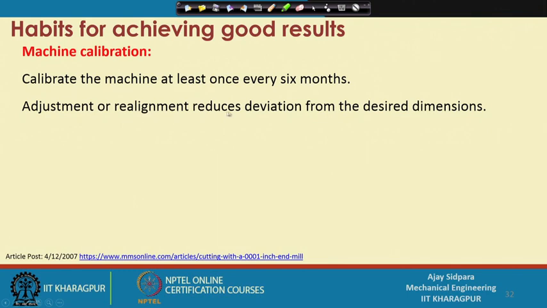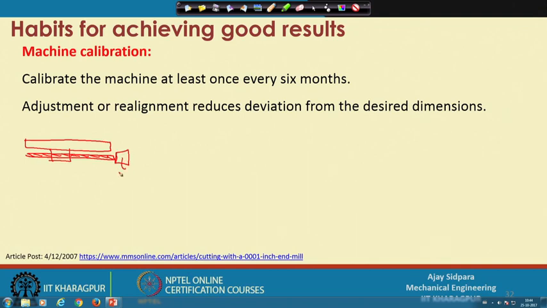Adjustment or realignment reduces deviation from the desired dimension, because we have seen earlier that if you operate a machine that is not calibrated, you are working with tens or hundreds of microns and you end up with results which you do not want. Because suppose this is the table, and this is the lead screw by which your table is moving, and this is the motor. So, when your table is moving, in this particular case, if you see this,